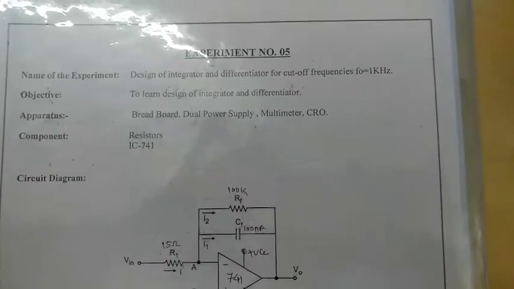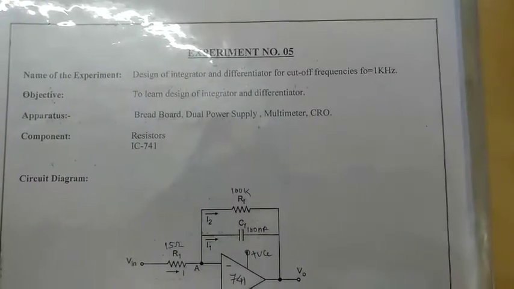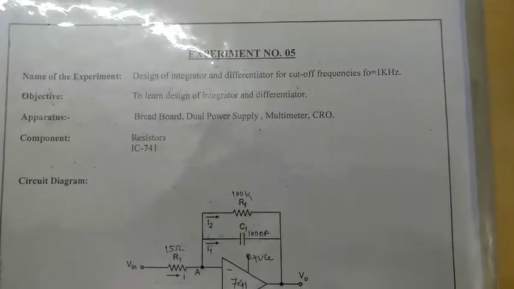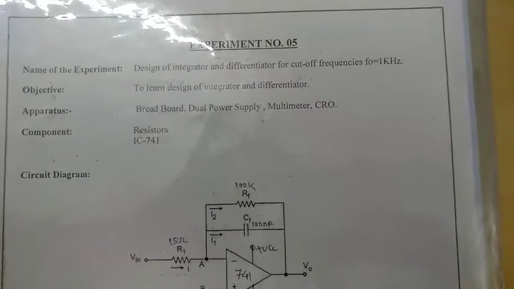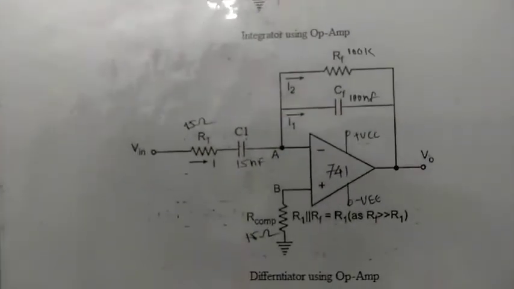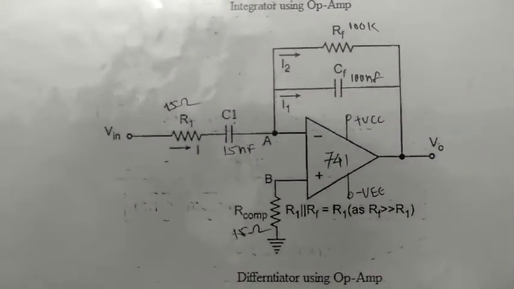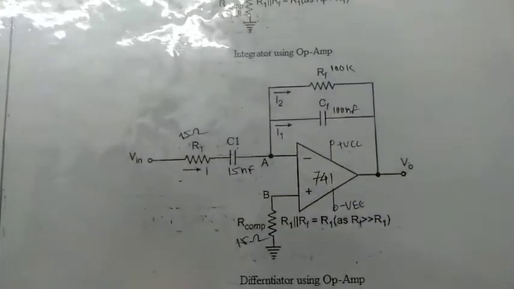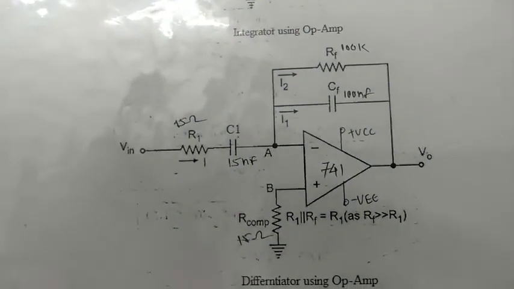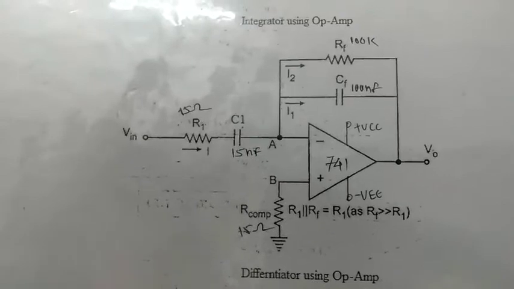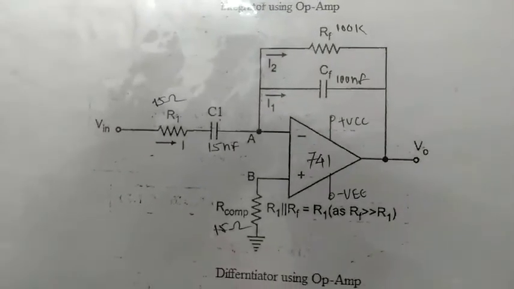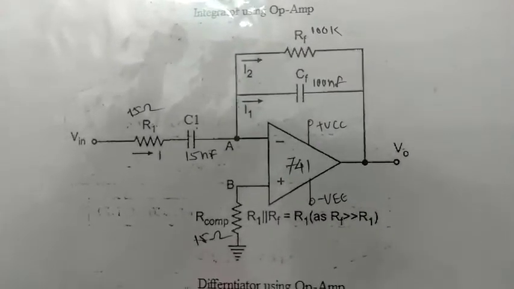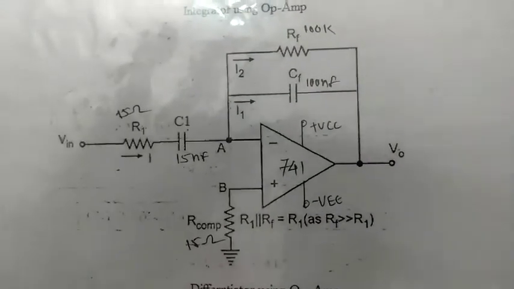So the remaining part of this practical number 5 is nothing but the differentiator. So here also we have to design a practical differentiator. Now in an ideal differentiator, we know that we require only one capacitor, that is C1, and a feedback resistance RF. But here also there are some problems related to the bandwidth as well as noise at the